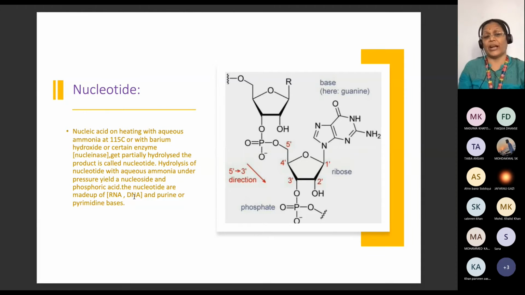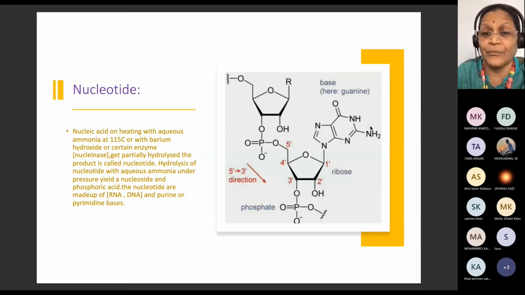That's why nucleotide consists of BSC: base, sugar, phosphoric acid, right? So nucleotides are made up of RNA or DNA and purine and pyrimidine bases. Here one such combination is given. How to go for this? You will have some base here. This R is mentioned, it is a base here. Now it can be a guanine. They have put this as a guanine base. Then you have the sugar, and then you have this phosphoric acid.